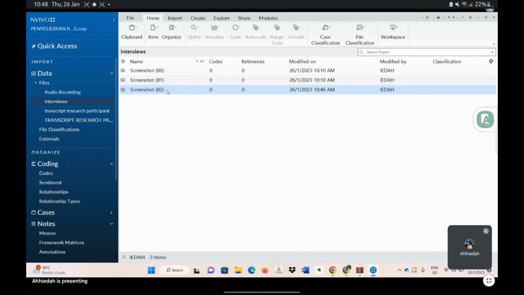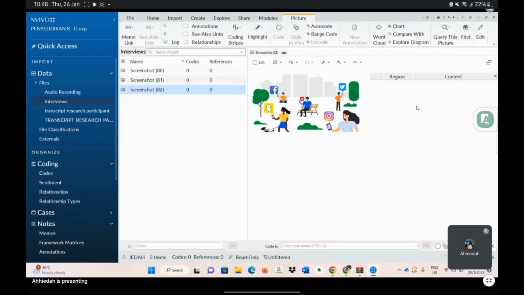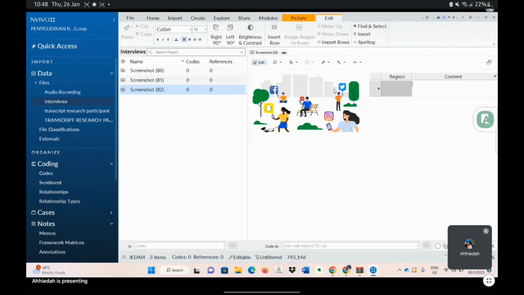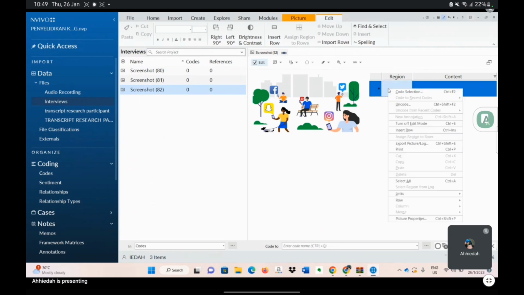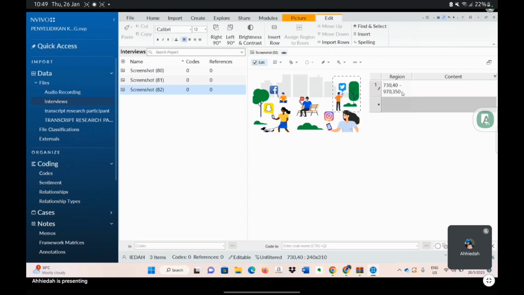Okay, so this part is about linking a picture to text. So what we need to do next is firstly we need to open the image. So here as you can see there is the image and also there are regions and context on the right side. So click edit, and after that we can just select and drag an image. So here as you can see, and after that right click and you can choose insert row. So a number series will appear in the region, and in the context you can basically add anything that you want,